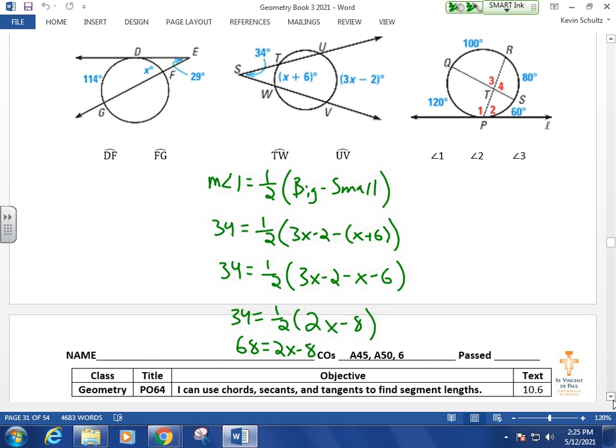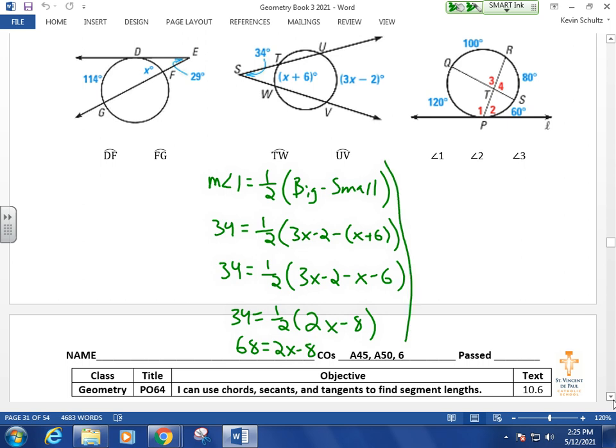So the last one here, we have kind of a combo platter. I see a tangent line, so I know we have that type 1 where we have a tangent and an angle. I see two chords in the circle, which is also type 2, right? Which is when we have an angle inside of a circle. So depending on which angle we're solving for, we might need to use multiple methods here. But starting with angle 1,